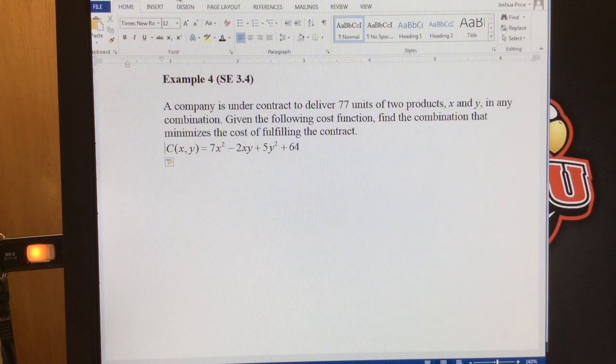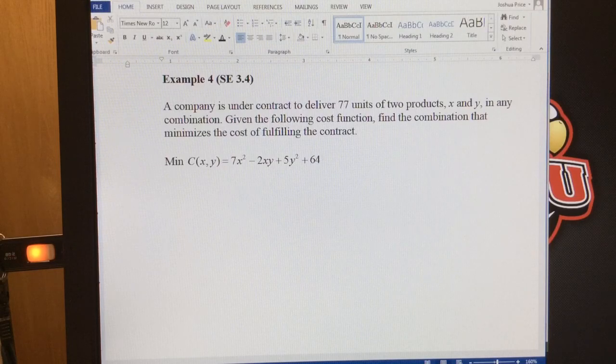So how would we write our optimization problem? Well, to think about our optimization problem, we should think about this as we want to minimize our costs such that X plus Y,